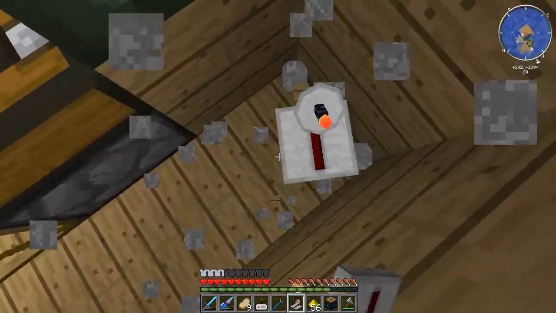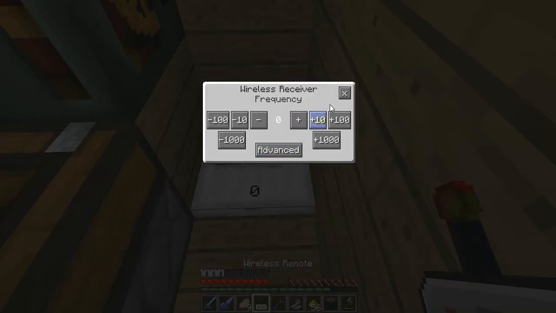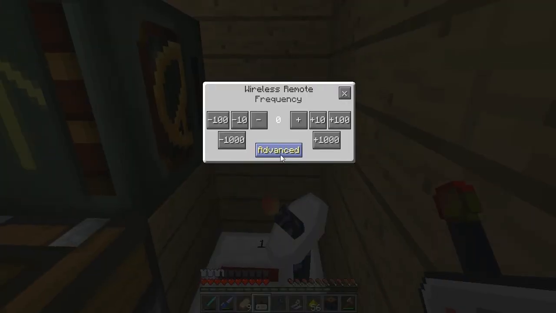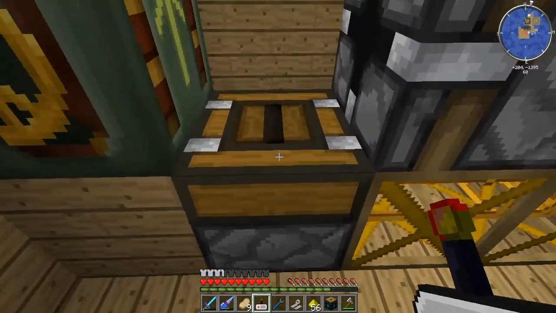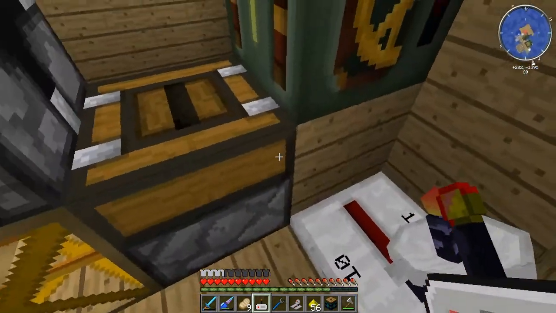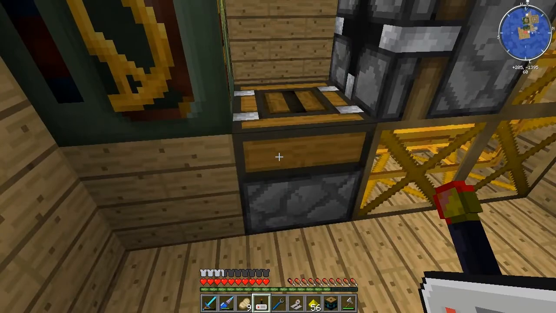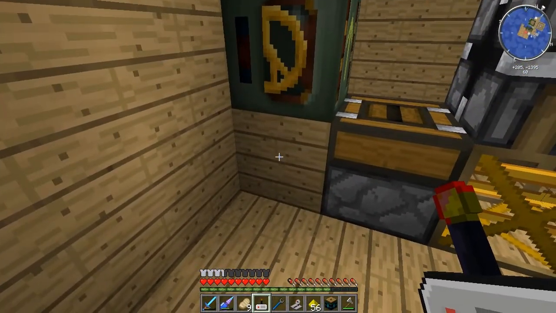Now I'm just going to quickly test that this works. Okay, that's the wrong way around. Let's do it this way. There we go. And let us program that to 10. Let's program my little thing to 10. Now, what should happen is that when I right click, this thing will be powered. It will power this block, which will power both the deployer and the motor. So if I right click now,